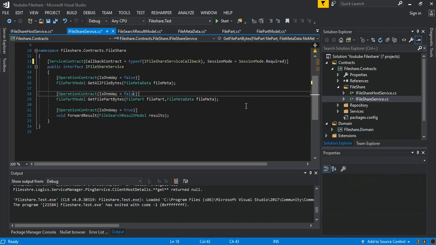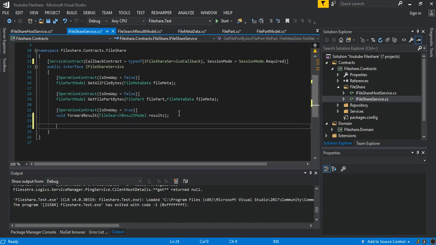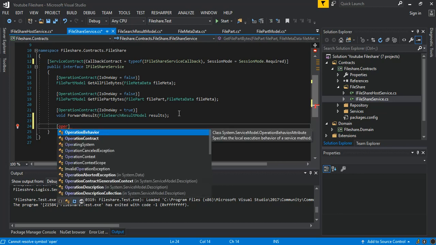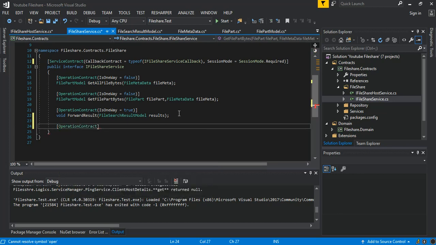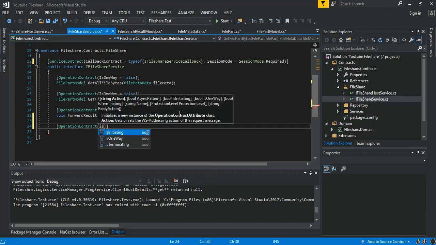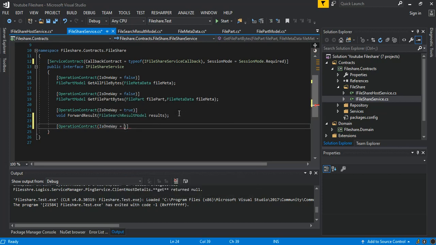So here we will add one method inside, and it's an operation contract. IsOneWay we set to true, and it's a void, and we call this PingHostService,